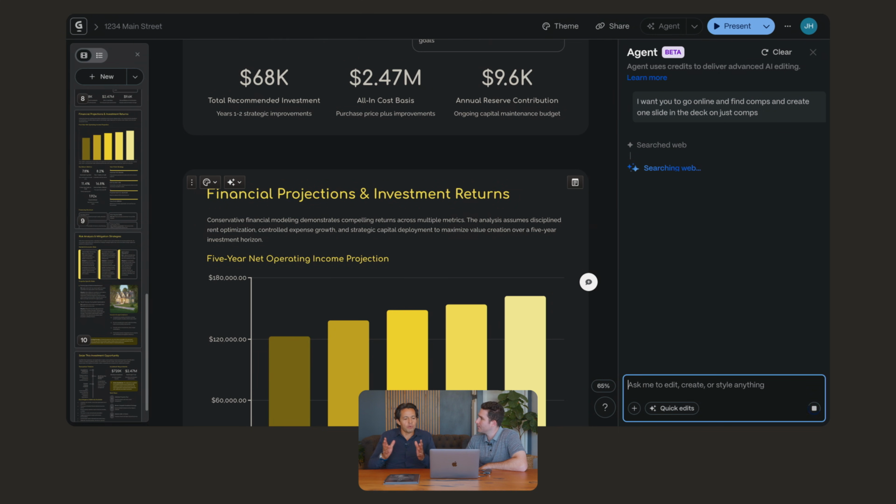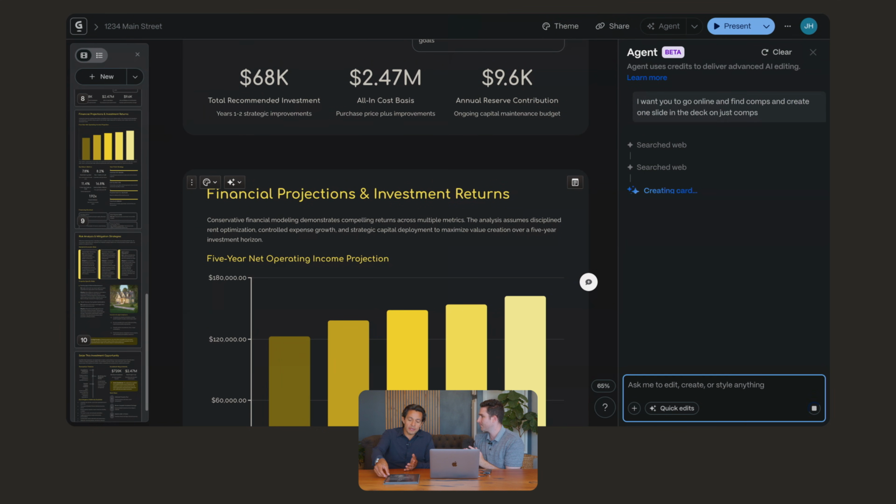In case someone's watching, when we say comps, like we didn't tell it how far back to go. Do we know it's going to just use? No. So again, you get out what you put in. I put in garbage. I'll probably get garbage out. Okay. But whatever. This is just an example. Yeah. So, but what you would want to say is, hey, I want specifically comps from the last 3 months in a half-mile radius of this property. Do your best. But remember, the AI is somewhat limited on data because CoStar guards it with their life. Got it. They're a data company. If all of a sudden everyone could access their data, then they're not worth it.